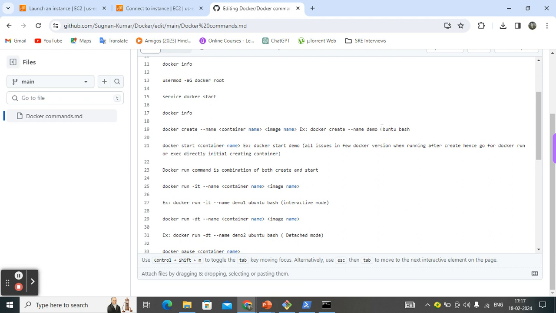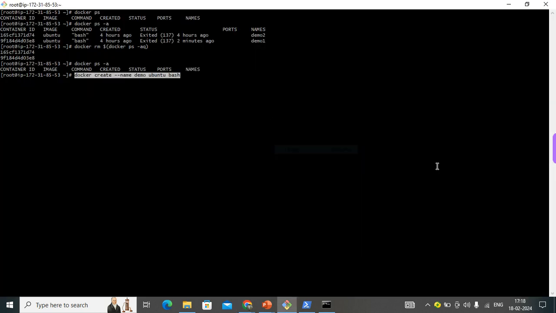First it will check whether the image is present locally on the host. If not, it will go to the Docker Hub and then pull that image. And bash is the primary process which I am running inside the container. So let's run this,